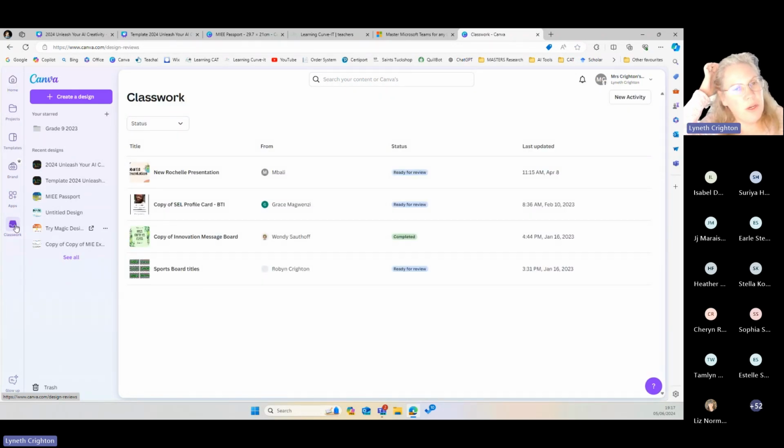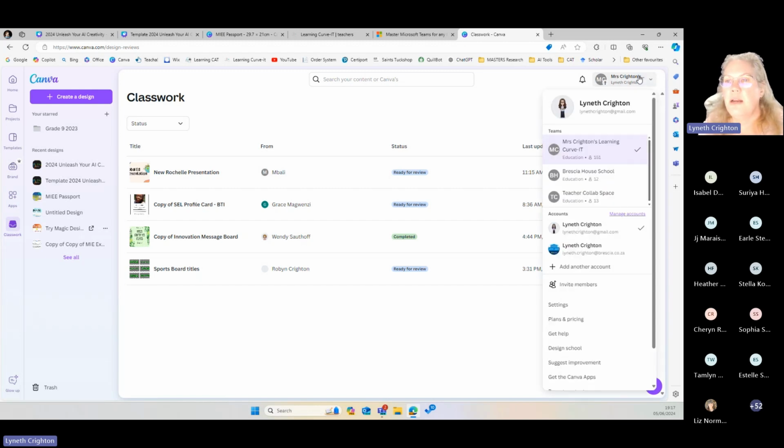The other part about having an education account is that you can have what's called a classroom, which means that if you give your students in your class a link and they connect to you, so if you look in mine, I have more than one classroom. I have 151 students connected here. It means that whoever connects gets Canva Education Pro as well, but they don't have to upload any letter.